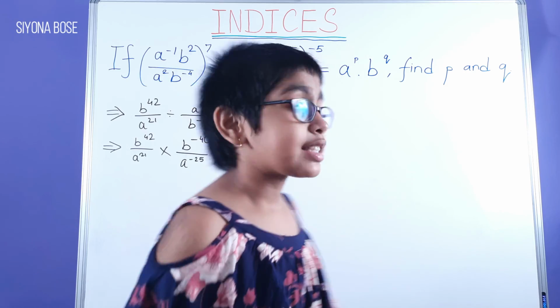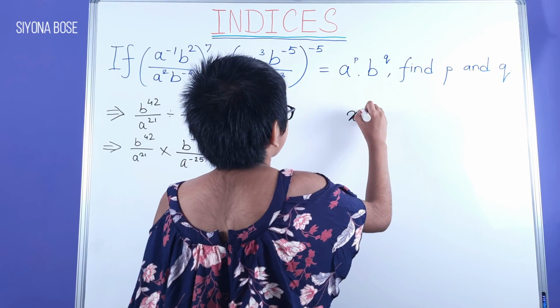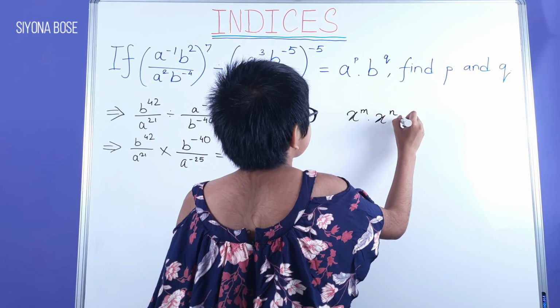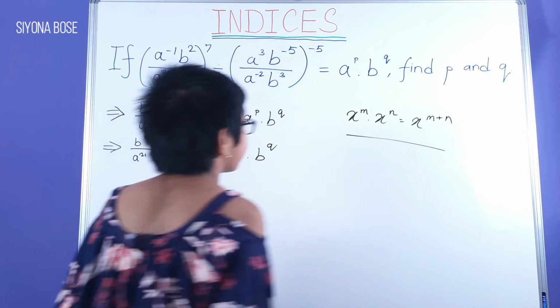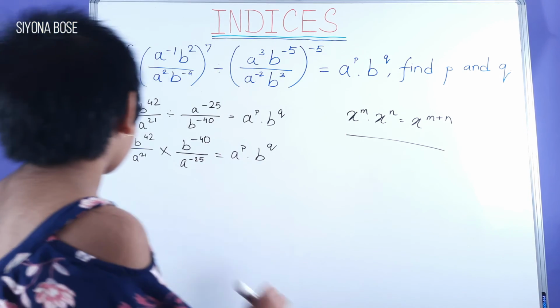We know that if it's like x to the power of m into x to the power of n, it is equal to x to the power of m plus n. Keeping this in mind, we get,